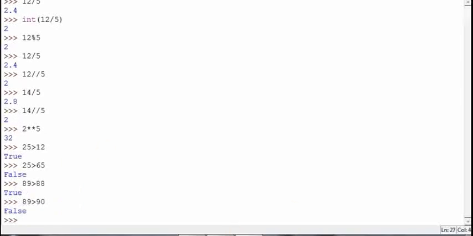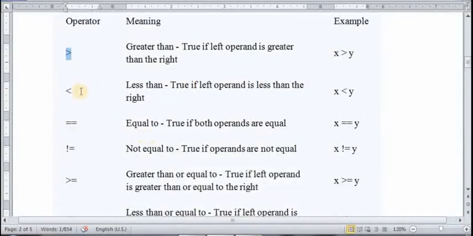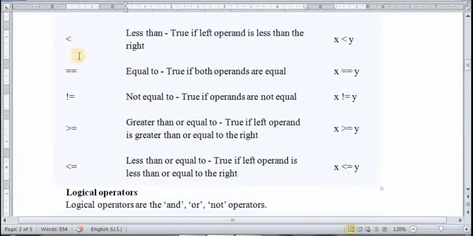So this is the use of the comparison operator. Similarly, you can check less than. Now this is the equal to operator. The single equal is the assignment operator, but if you use two equal signs, this is the equal to comparison operator. Using this operator you will check whether two values are equal or not.